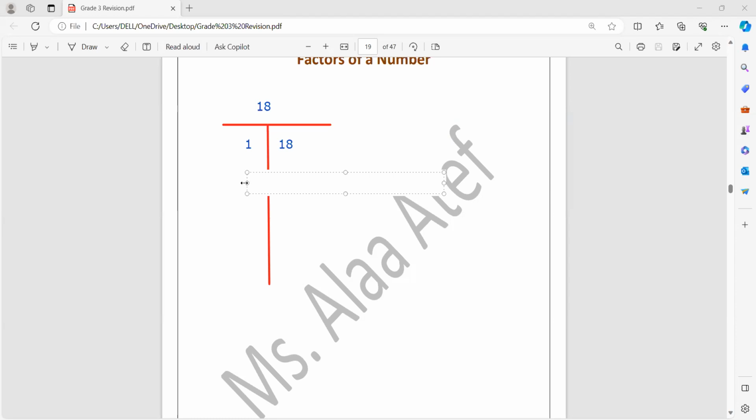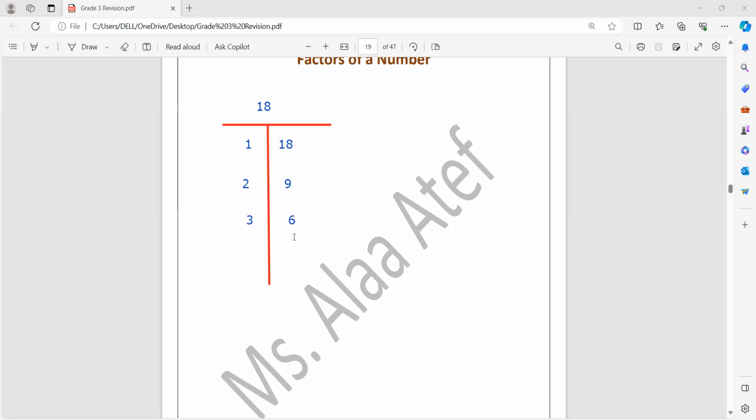What about timetable 2? Say timetable 2. 2, 4, 6, 8, 10, 12, 14, 16, 18. So yes, we have 18. It's 2 times 9. Okay, in table 3, can you say table 3? 3, 6, 9, 12, 15, 18. So we have 18. So it's 3 times 6 equal 18. So put 3